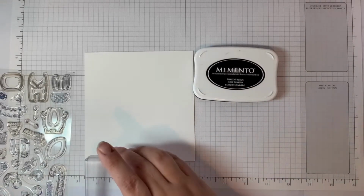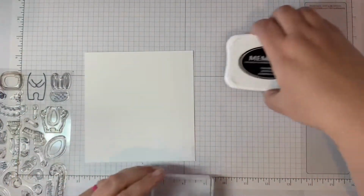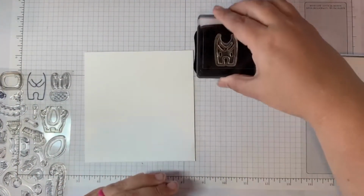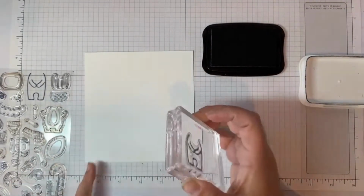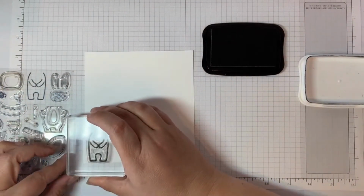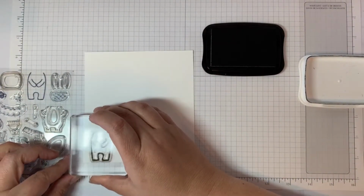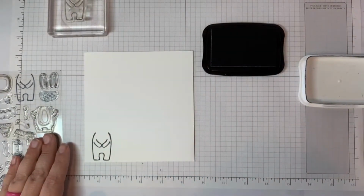All right, so let's get a body here. I really like this little one with his hands. And I'm going to open up my stamp pad, and I'm going to show you kind of how we do this. So I like to start with the body, and I am going to come off the edge of the page because the heads, you know, are a little bit bigger, maybe a little bit wider than the body. And so I'm going to stamp that. I'm going to set it down. I'm going to grab a couple of other blocks